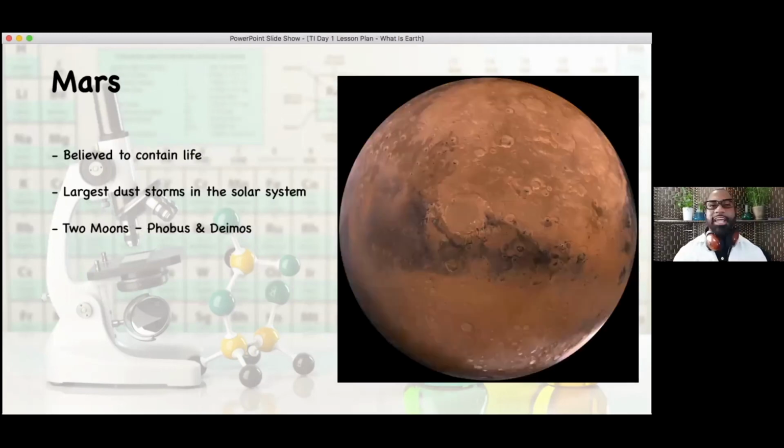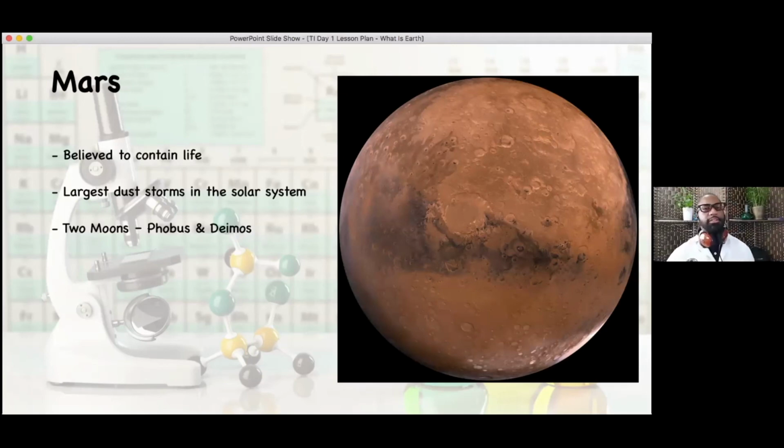Mars is the next planet closest to us. And obviously there's a lot of things going on, a lot of hot topics going on right now with Mars. We've been talking about exploring Mars a lot with more rovers. And we do have a rover launch that's going to be taking off here within the next week with our new rover Perseverance, which is going to do some unique studies on Mars, collecting some rock samples and doing some more examination for possibility of extraterrestrial life. And we've all heard about Mars and the possibility of life on Mars.